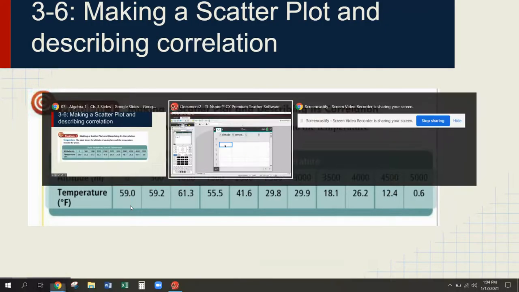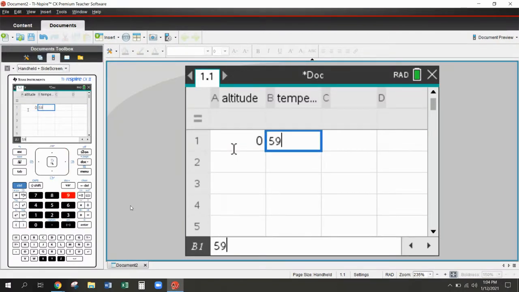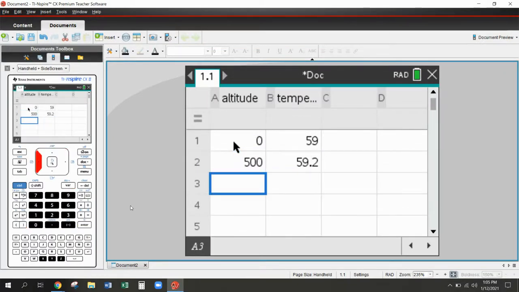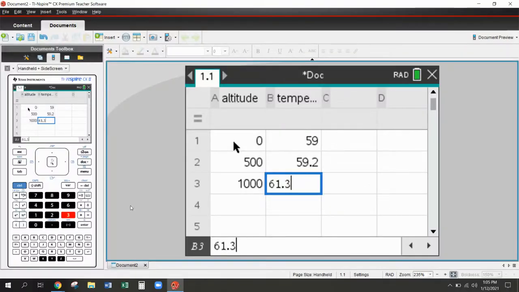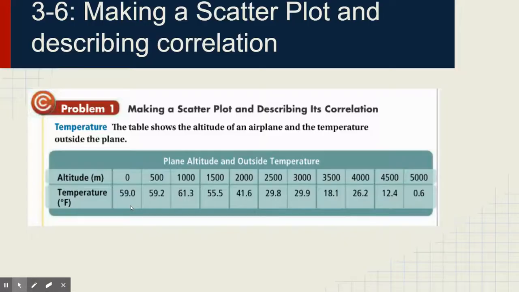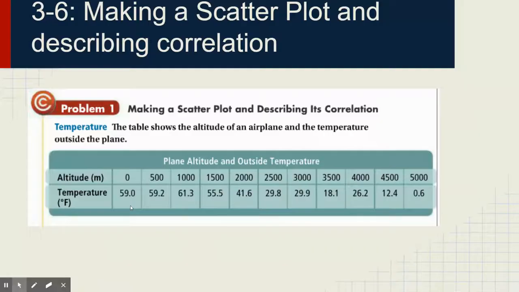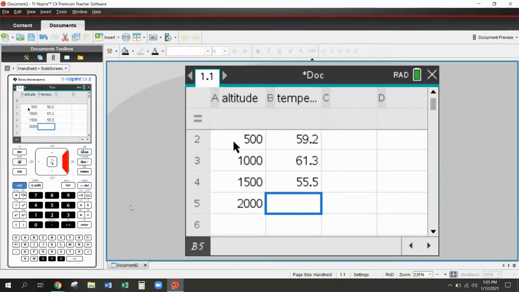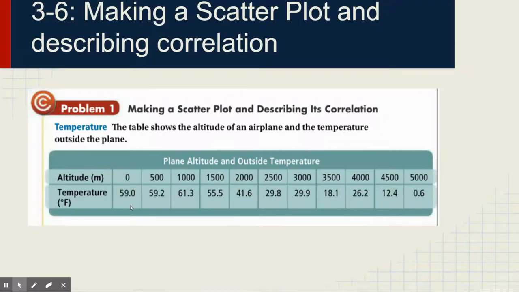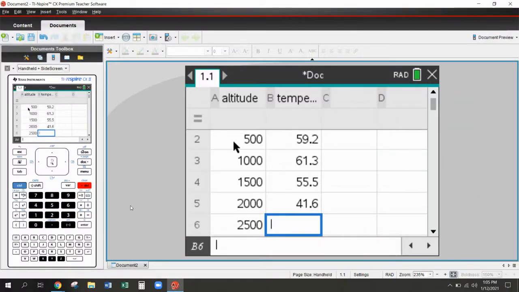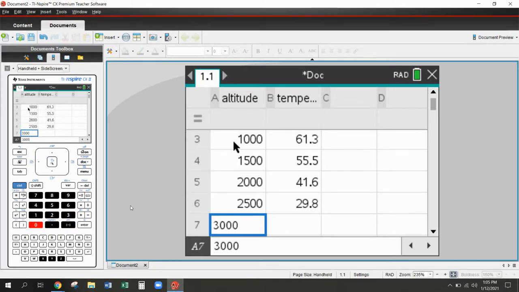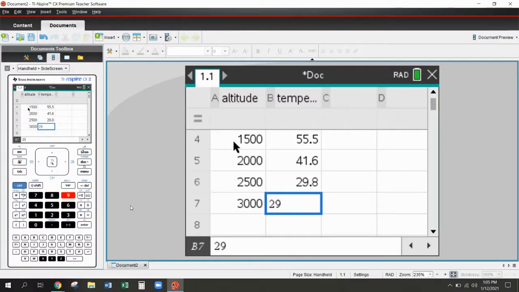So 0, 59, enter. 500, 59.2, enter. 1,000, enter. 61.3, enter. 1,500, enter. 55.5, enter. 2,000, 41.6, 2,500, 29.8, 3,000, 29.9,